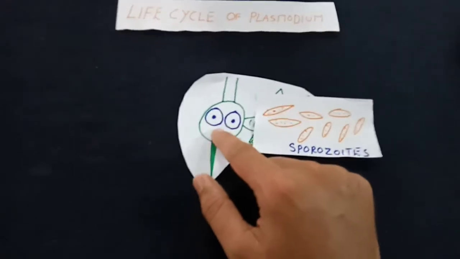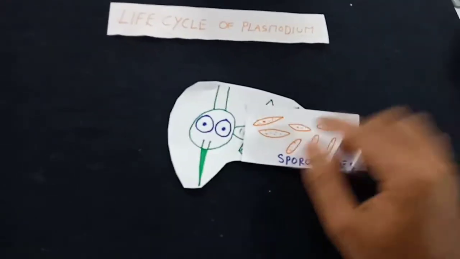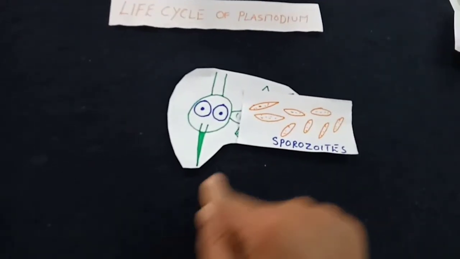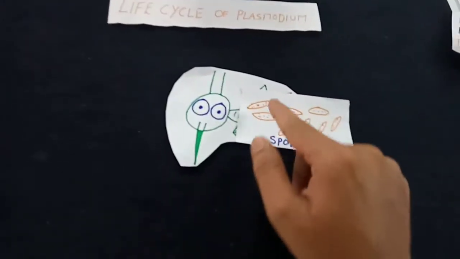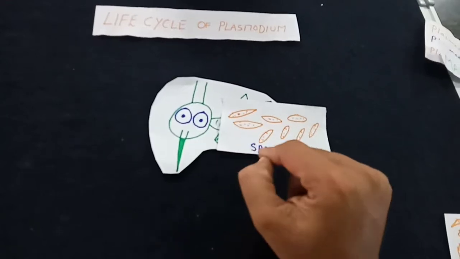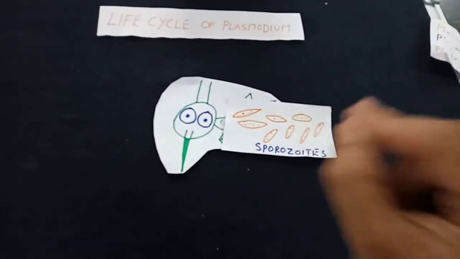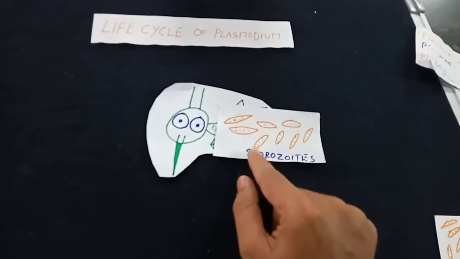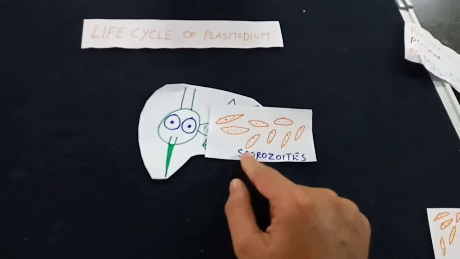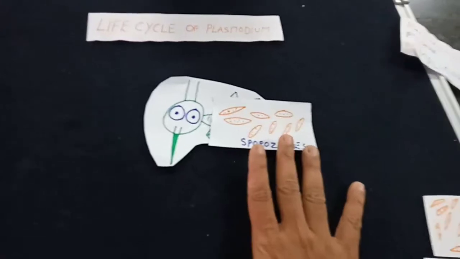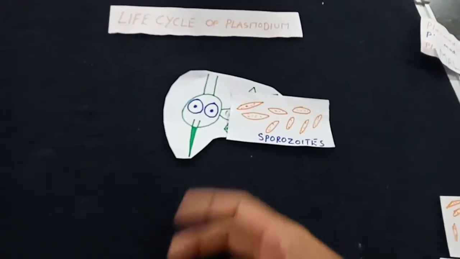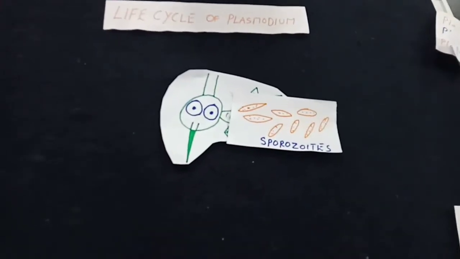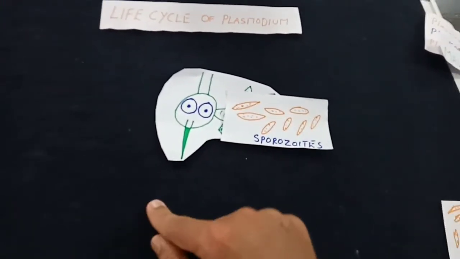Inside its body, particularly in the salivary glands, the mosquito contains a tiny spindle shaped structure. Note this point for competitive examination. The spindle shaped structure of the Plasmodium species, which is the highly infective stage that is going to cause malaria in human beings, is called the sporozoite. Plasmodium is a species, but in its life cycle it changes its structure according to the situation. Sometimes it will be spindle shaped, sometimes it will be round like a ball.